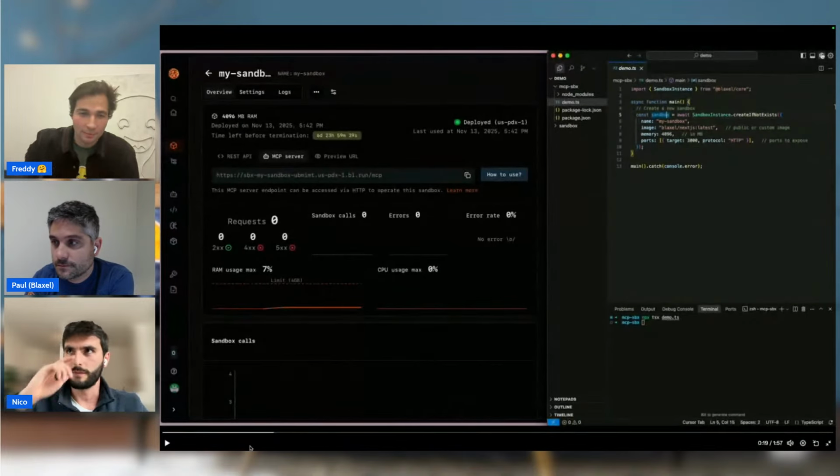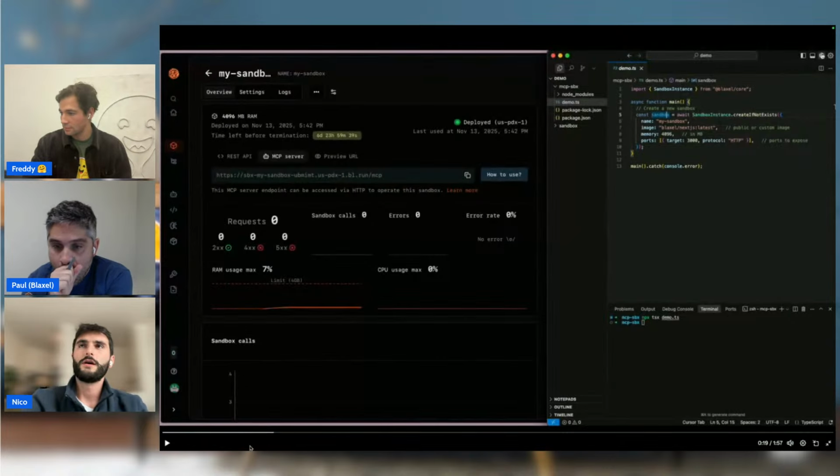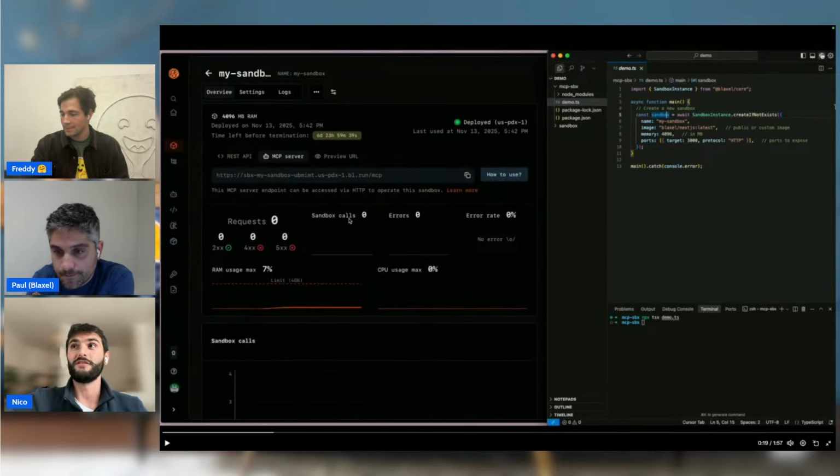I see. Okay. This is a little demo, something that I tweeted yesterday, just to illustrate what Paul just said. So it's going to go really, really fast. But on the left, this is a Blacksalt sandbox. You're seeing the Blacksalt UI. You essentially see metrics in real time. And then on the right, I have my AI assistant.